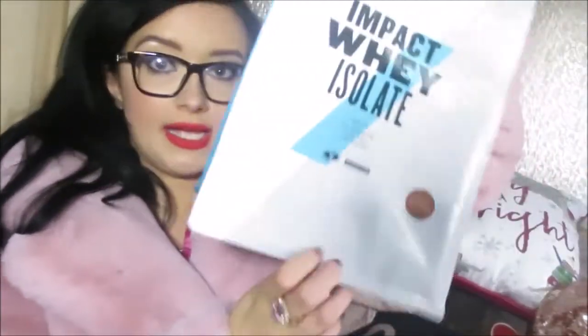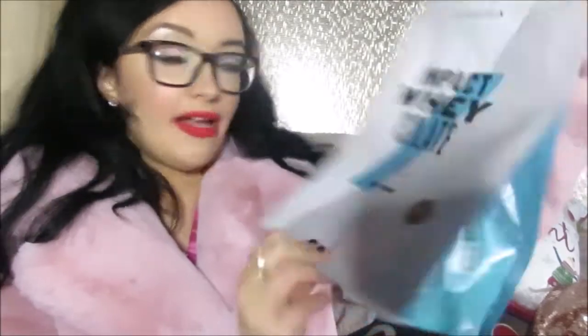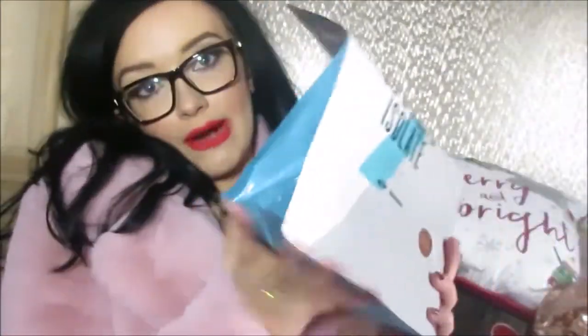Other new favourite is the Impact Whey Isolate, also by MyProtein. I had it in the chocolate brownie flavour on the recommendation of Rosie J Fitness, so Rosie J Pierce. I've watched her YouTube videos for years, and I find that this protein doesn't have any lumps, maybe because it's a very filtered down protein, and when you add water it expands quite a lot, so you can actually get away without having milk in it,